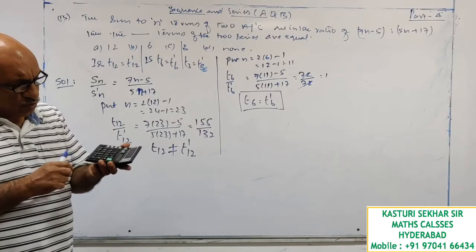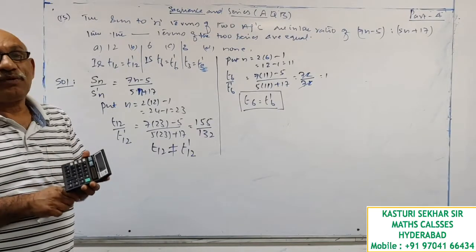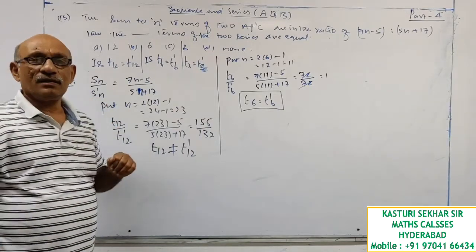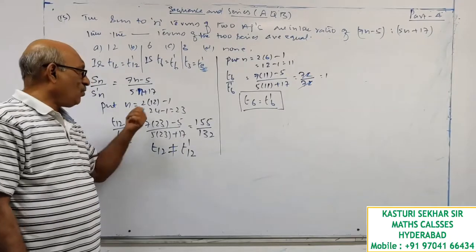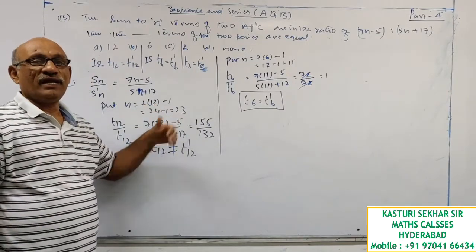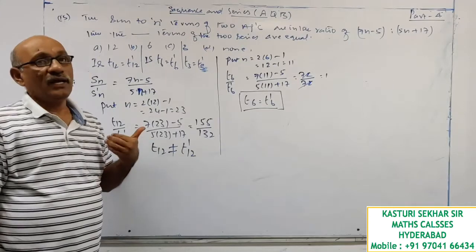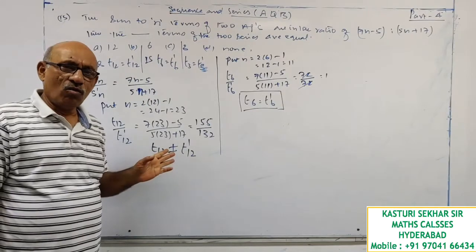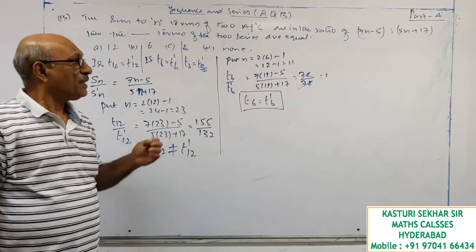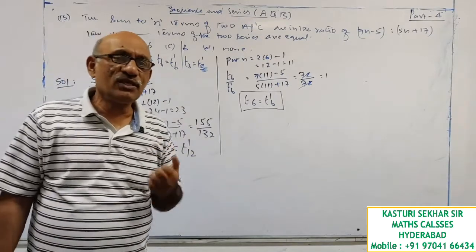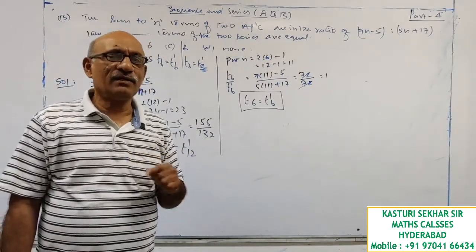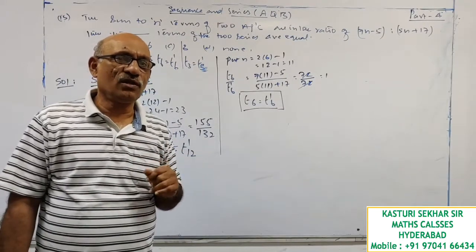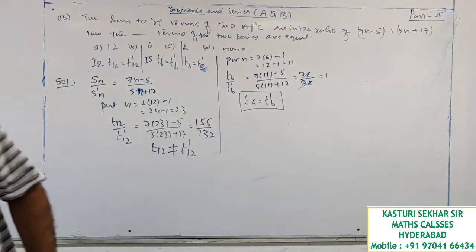Now, those who are doing arithmetic progression for the first time will get some doubts. How will Sn become Tn? Why should I substitute 23 only? Why not any other value? Many doubts like this you will get in your mind. So to avoid all types of confusions or doubts, let me give you the descriptive approach for this question. Remember that the descriptive approach is only for your concept sake. It is not useful for you to solve the objective type questions.